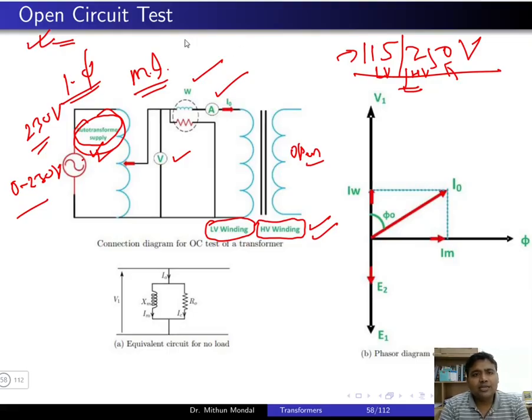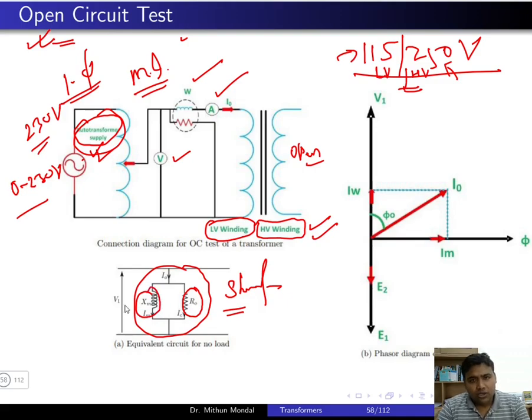The open circuit test is basically used to find the shunt parameters. So we have the shunt and the series parameters. In the open circuit test, we will just try to calculate the shunt parameters. Shunt parameters are basically the resistance which is responsible for the core loss, and Xm, that is the magnetizing reactance. From the knowledge of the working principle of the transformer, you know that in the open circuit condition,